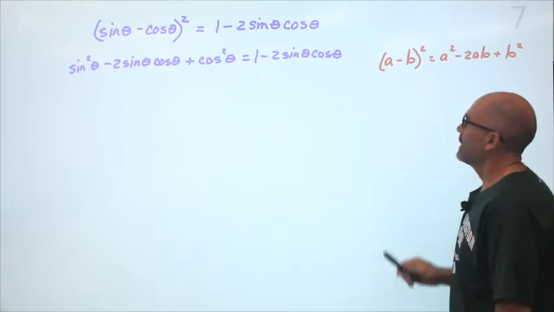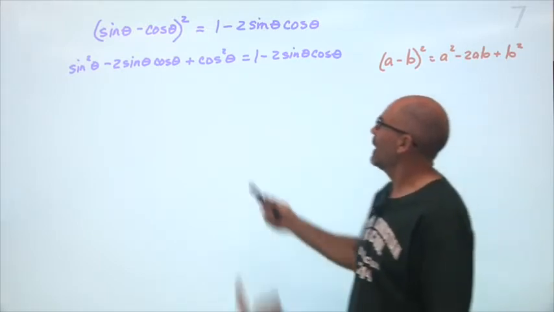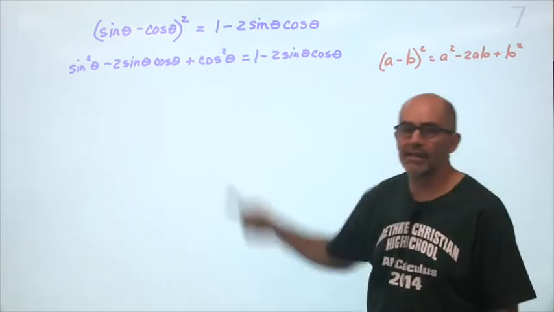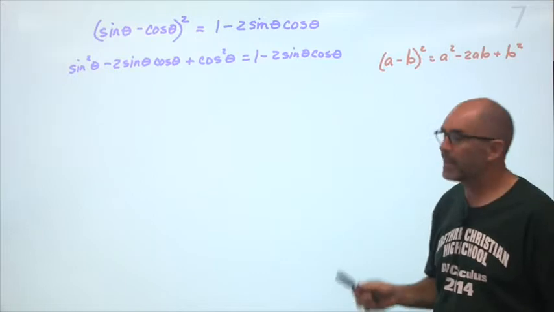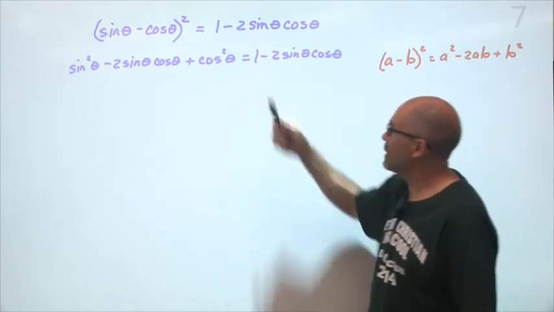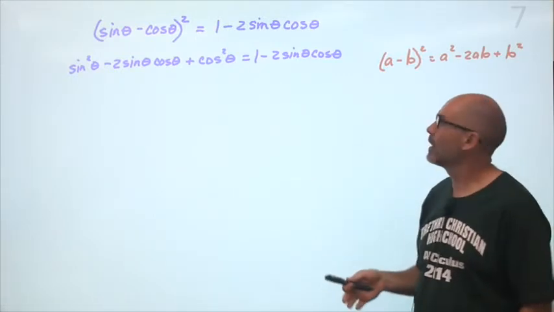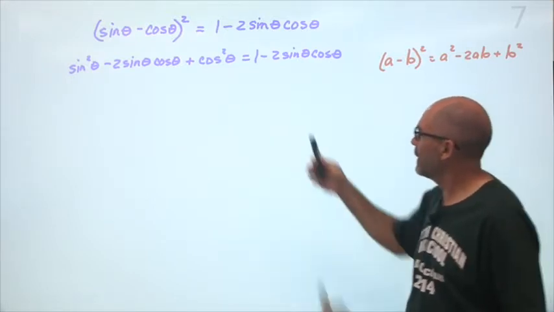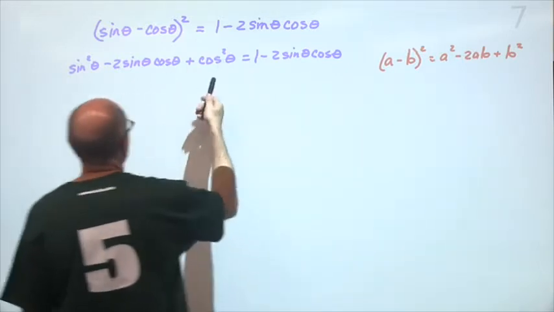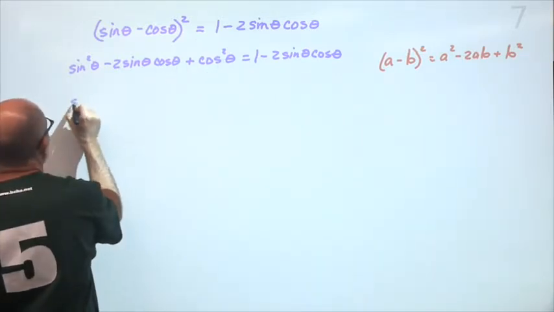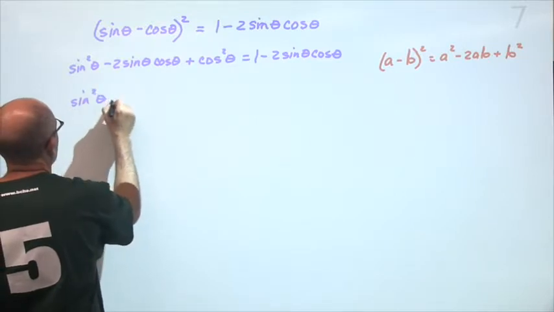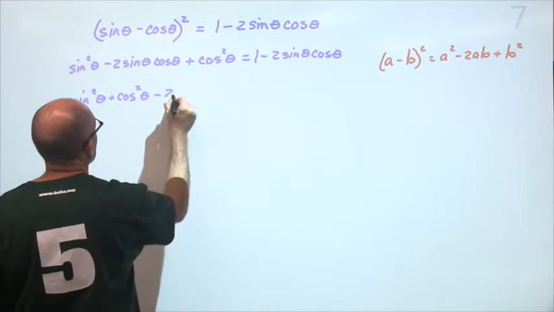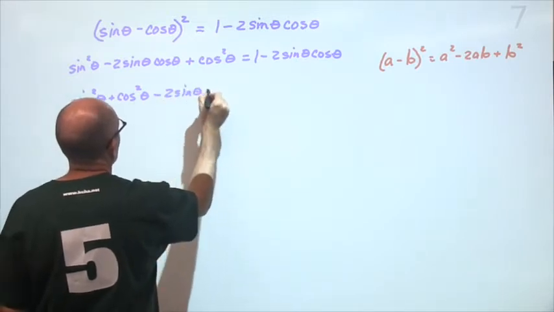Now, the temptation is to say, well, let's just add 2 sine theta cosine theta to both sides and they'll cancel out. You can't do that because this is not an equation. We're trying to prove it's an equation. So what we want to do is use the commutative property of addition here and put the sine squared theta plus cosine squared theta minus 2 sine theta cosine theta